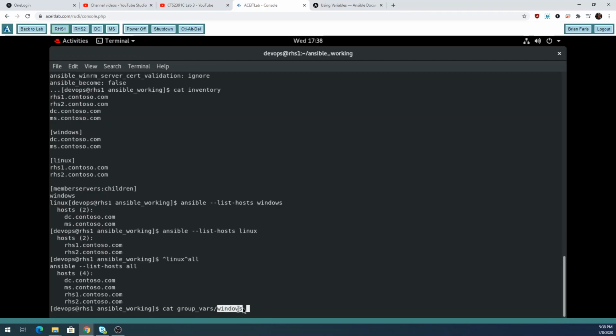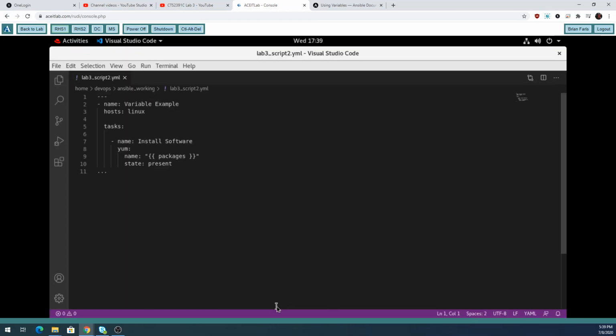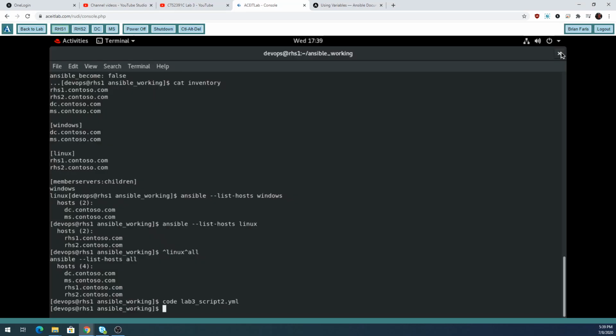I don't need to do anything special to use this. So our next script we're going to create is this script. I am using a variable here, but I'm not setting the variable like I did in the last Ansible playbook. So what I did was